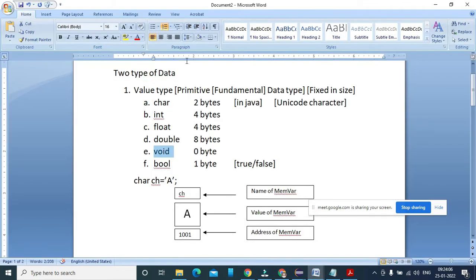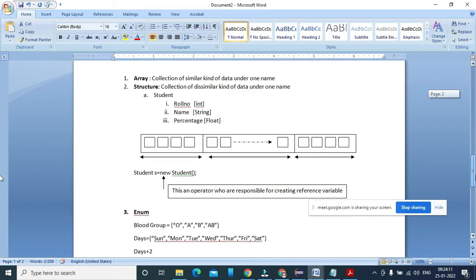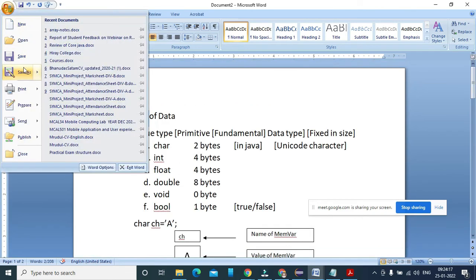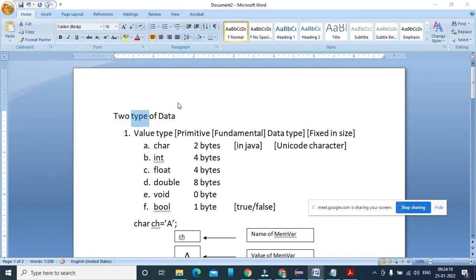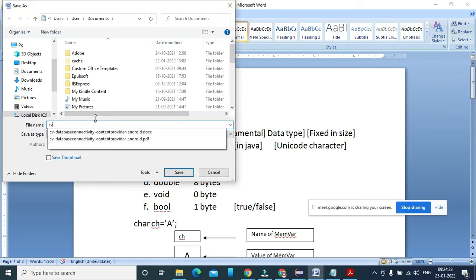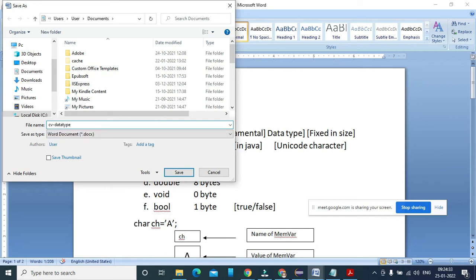So these are my two types of data and two types of variables: value type and reference type. I'm saving this. I'm going to call this a concept visualization, known as CV, and that CV I'm showing related to a data type here.